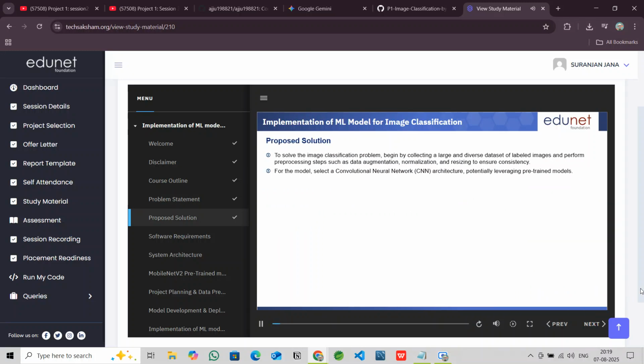Proposed solution. Here's the solution we are proposing for image classification. First, we start by collecting a large, diverse set of labeled images. Then, we pre-process the images through steps like data augmentation, normalization, and resizing, which helps keep the data consistent and